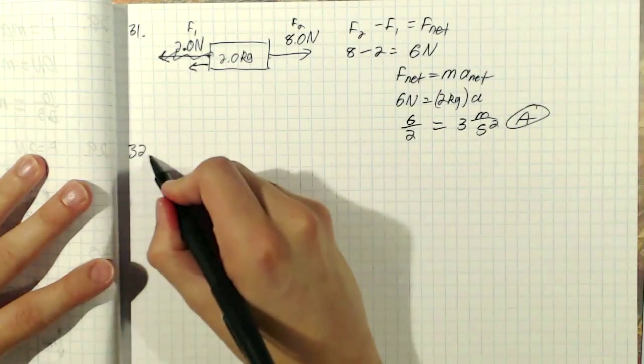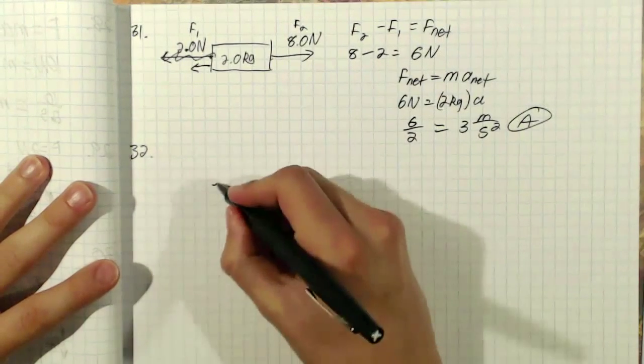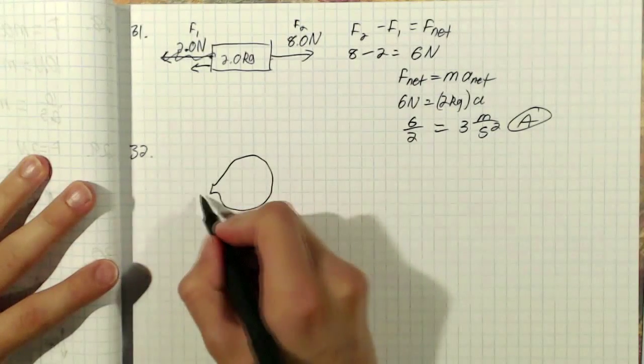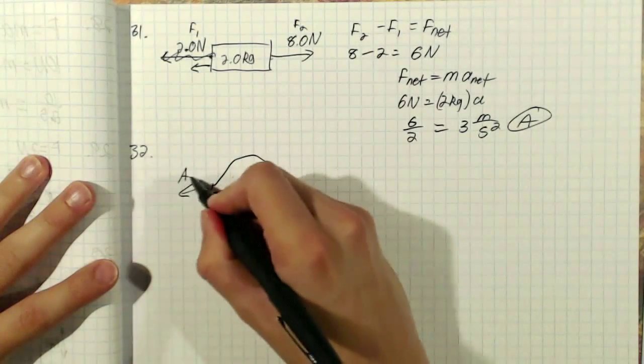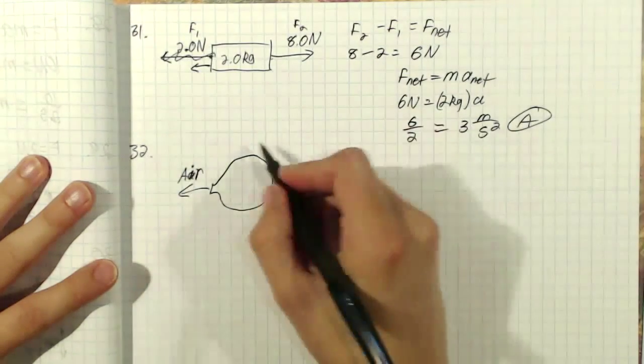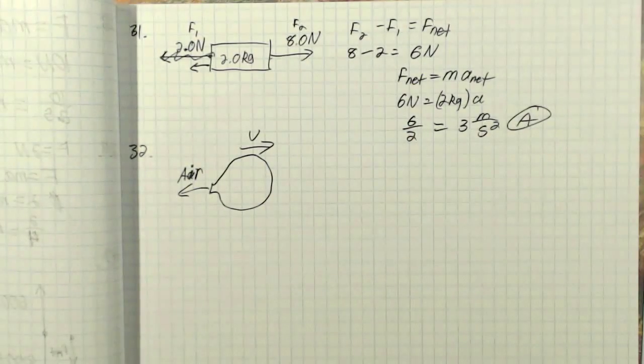Next question is question 32, which reads, as shown in the diagram below, an inflated balloon released from rest moves horizontally with velocity v. So we have a balloon with air pushing this way, A-I-R, I know how to spell, and a velocity moving this way. It says the velocity of the balloon is most likely caused by,